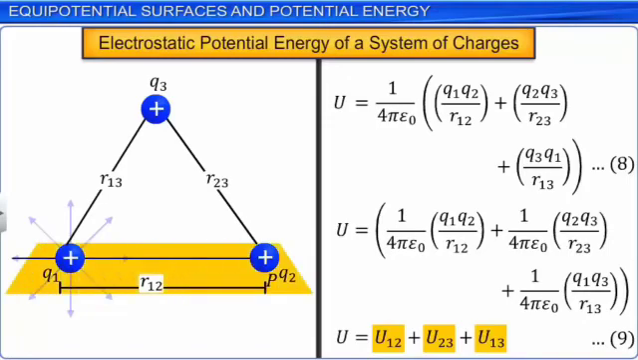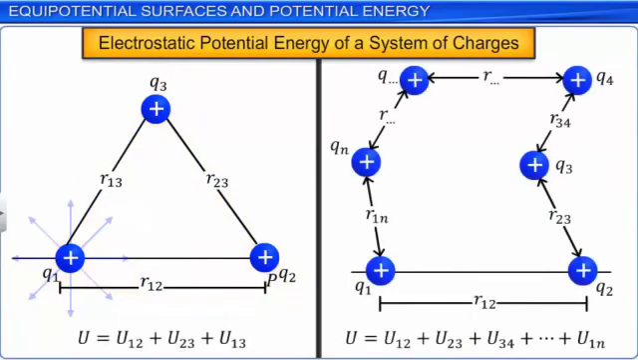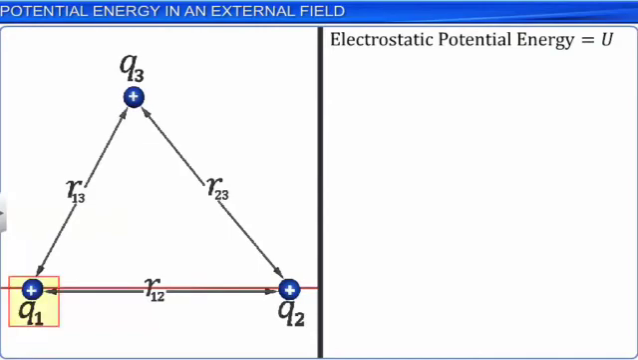The above procedure can be adopted for calculating the electrostatic potential energy of a system of n charges as well. From the above discussion, we see that the potential energy of a system of charges is a characteristic of its present state only. We know that electrostatic potential energy U for a system of three charges Q1, Q2 and Q3